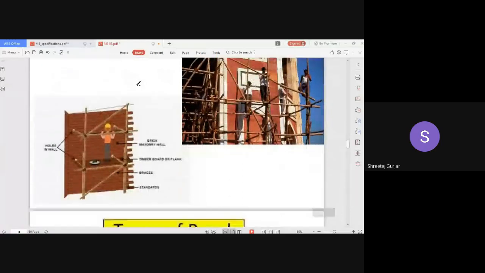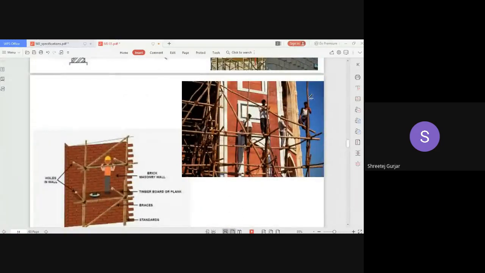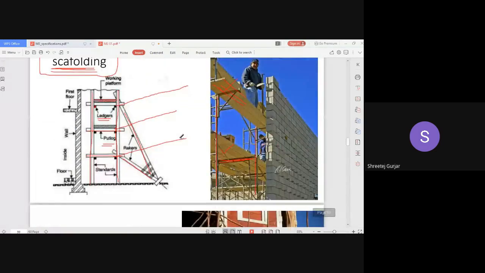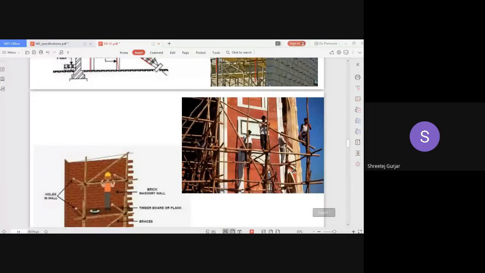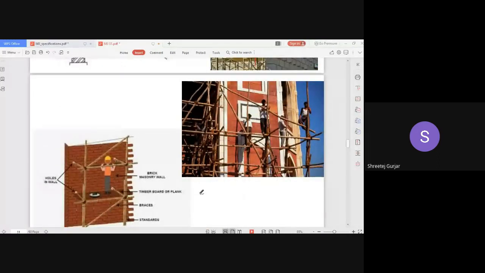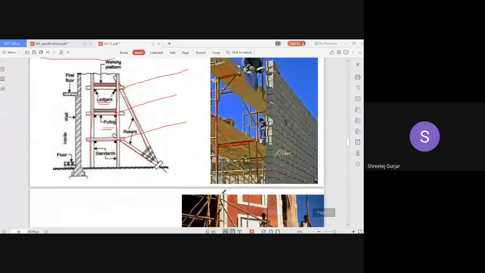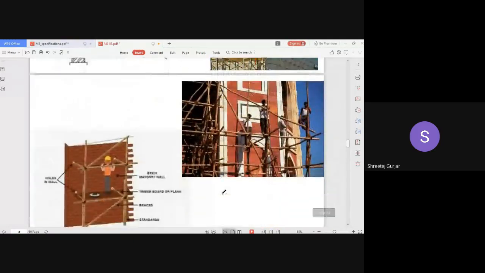But in India, you can see they usually use bamboos and tie them with rope, and they stand on this. They are superhumans, they are not afraid. You can see they are standing without any safety measures. Here you can see they are standing on proper platforms, but here they are standing on the bamboo itself. Very dangerous. There are no standards, and no one cares in India. So many accidents happen, there is loss of life. So make sure that whenever you start a construction, your laborers are safe.